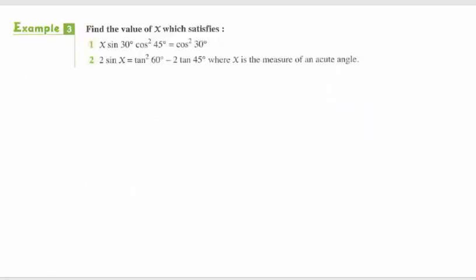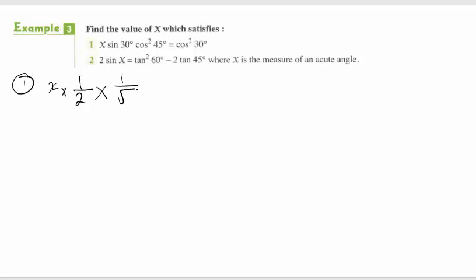In this example, he is asking you to find the value of x. Find the value of this unknown. Find the value of this letter. I don't know what is the value of x. So, can you help me to find it? Okay, let's move. First one, x multiplied by sine 30, which is half, multiplied by cosine 45 raised to the